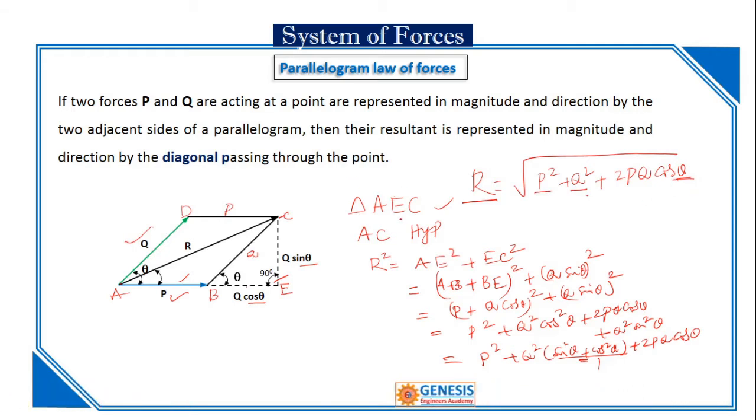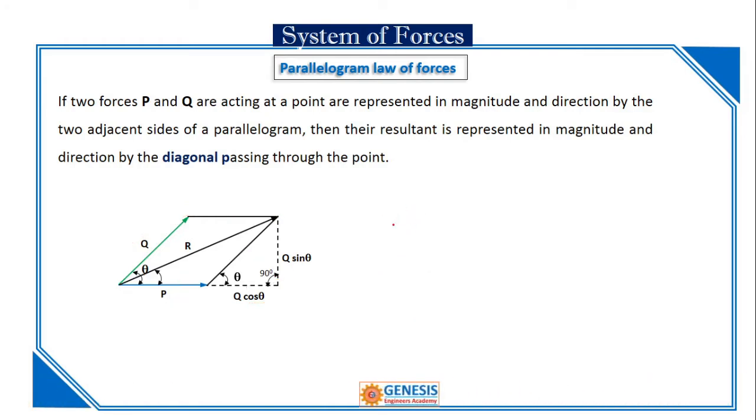Okay, so this is about the resultant. And now you have to find out the angle of this resultant. Suppose this is alpha and this is the opposite side for that. So tan alpha is equal to the opposite side, Q sin theta, over P plus Q cos theta. You understand my point? In some of the examples, some people will take this as P and some people will take this as Q. Then the notation will be changed.